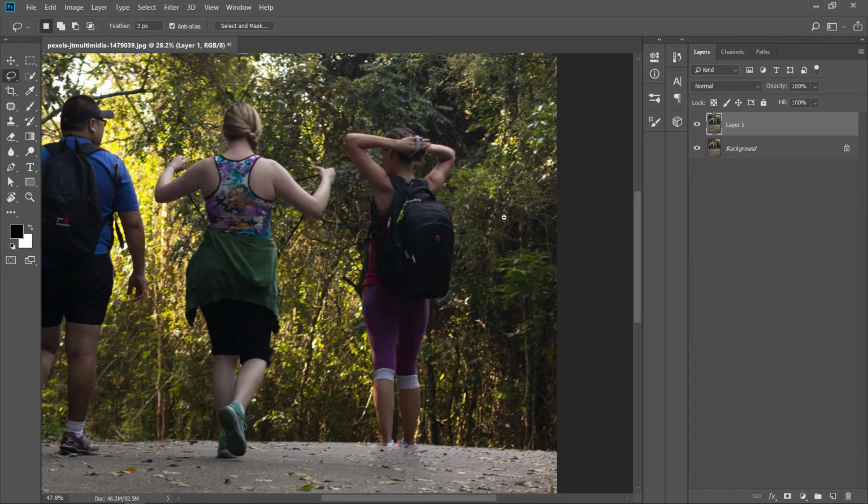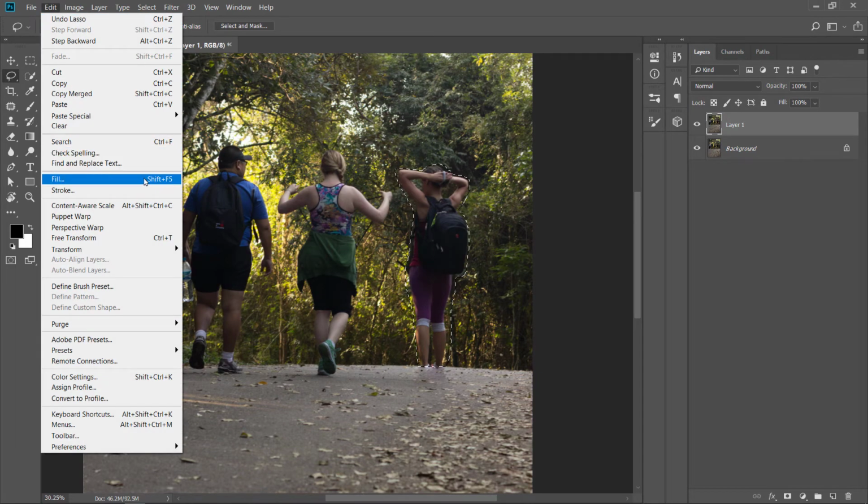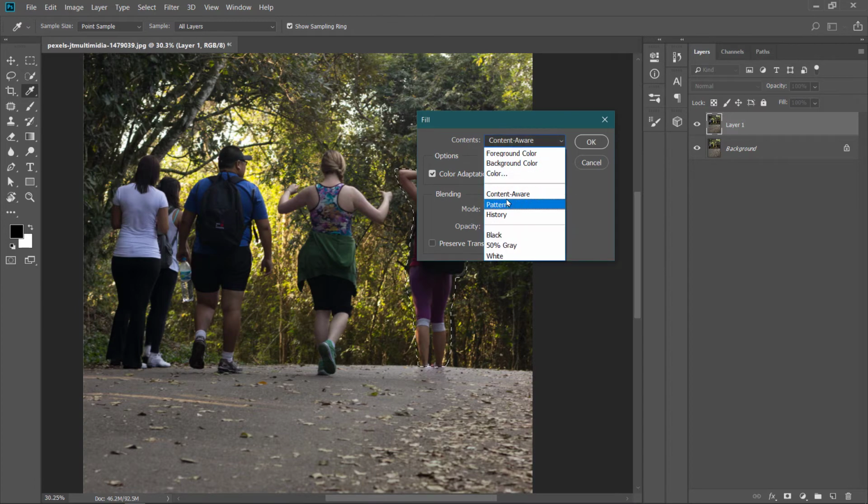And when I make the selection, I will just press Shift+Backspace, or I can go to Edit and Fill. From here I should select content aware from the contents, and the color adaptation should also be checked, and I will just press OK.